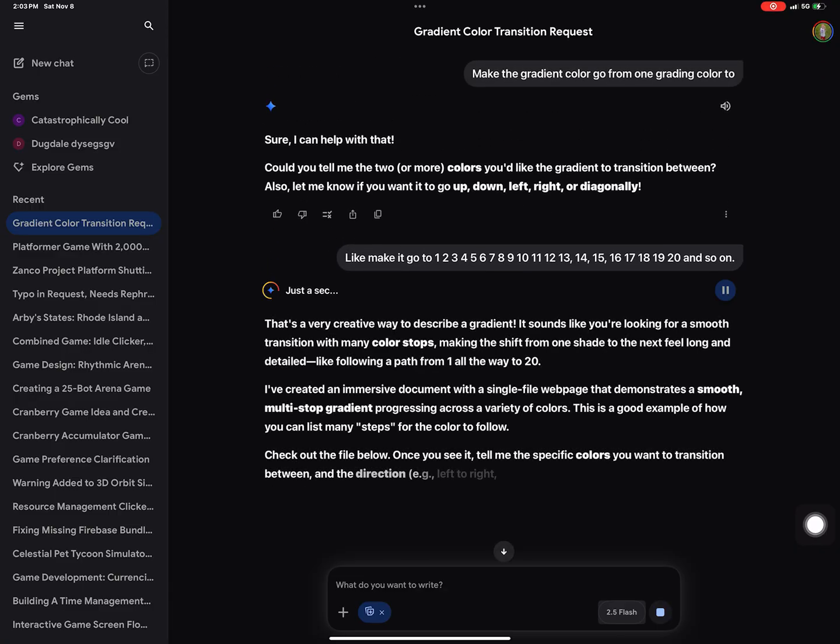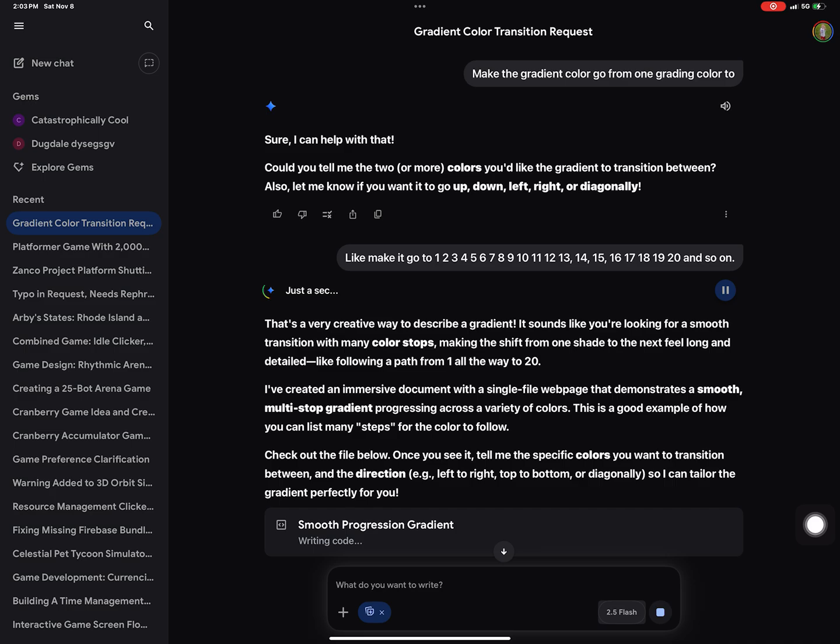That's a very creative way to describe a gradient. It sounds like you're looking for a smooth transition with many color stops, making the